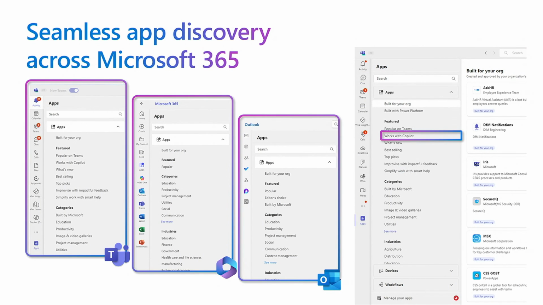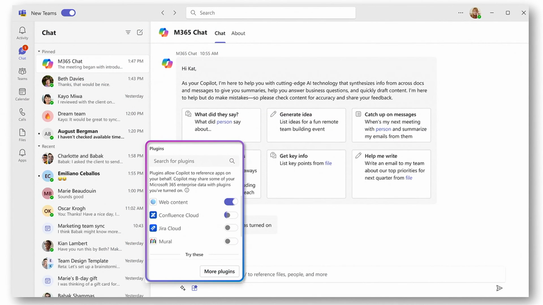When a user acquires and enables one of those apps in one place, the integrations throughout Microsoft 365 automatically light up. We've also created new categories in the store so that users can more easily find apps built to work with Copilot. And when those apps are enabled, their plugins will automatically light up in Copilot for Microsoft 365 so users can take advantage of them.